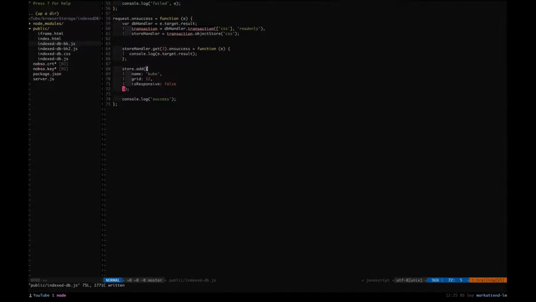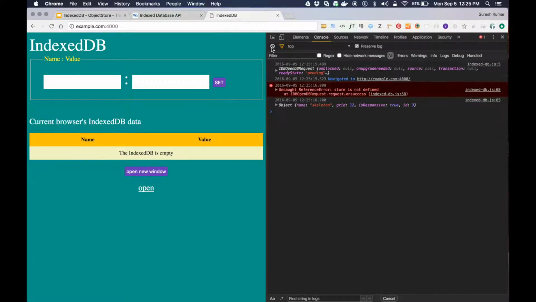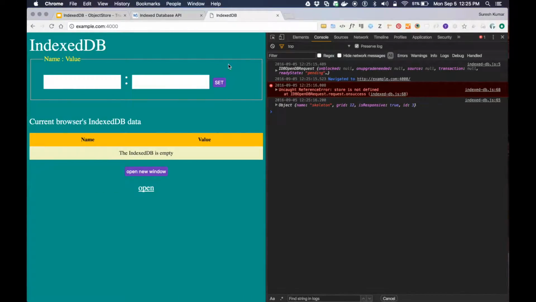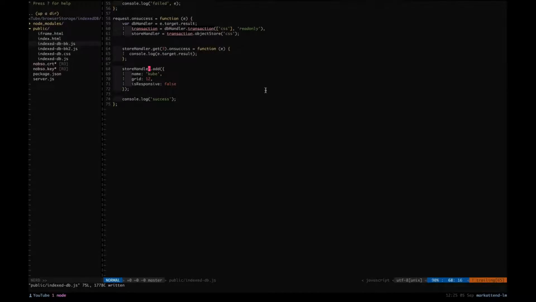Now if I try to add this part, this is going to add a record into the table, right? Let's see what happens. It throws an error. Okay, still we get an error. Yes. See, we have opened that object store with read-only mode, and we are trying to add something to it, which is not possible. That's why we got that error. So let me change this one to read write,